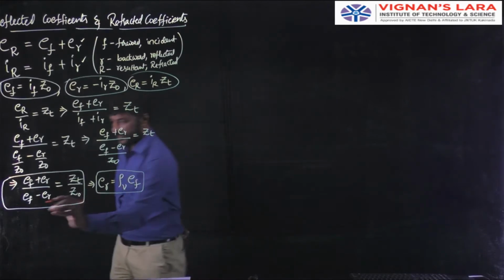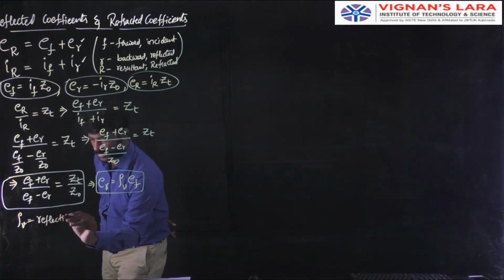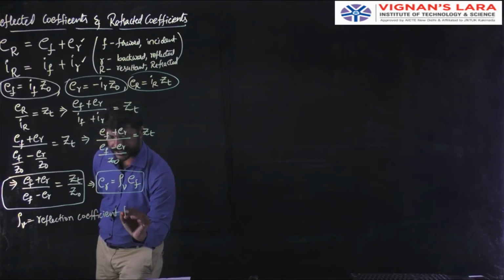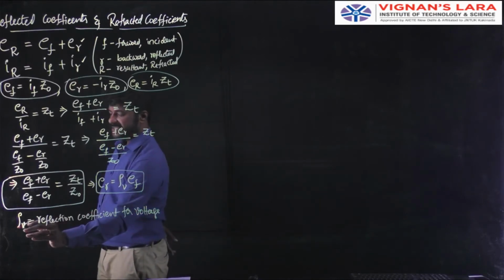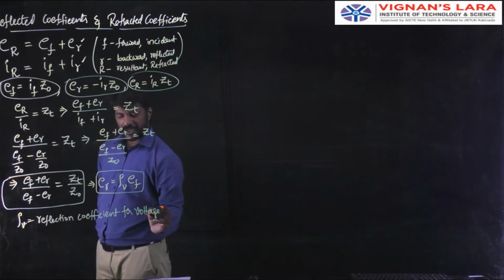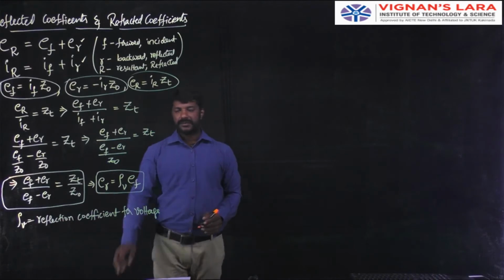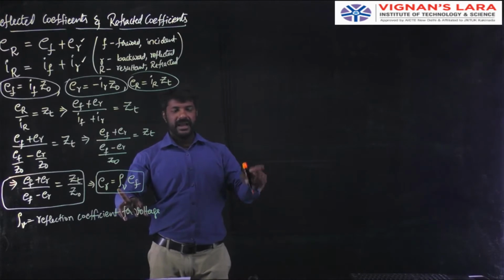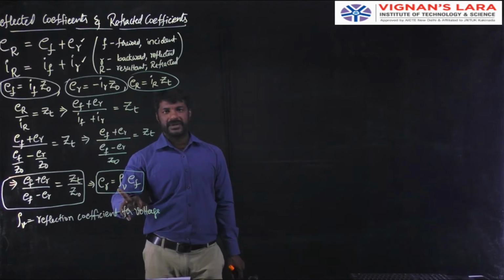Then I call this rho V the reflection coefficient defined for voltage. Rho always indicates reflection. Suffix V represents voltage. Therefore, it is a voltage reflection coefficient. My objective is to get the formula for this rho V in terms of the characteristic impedance of the transmission line and the terminated impedance of the transmission line. That Z0 and ZT are known prior for us for doing analysis. Thereby, this rho V is to be calculated.